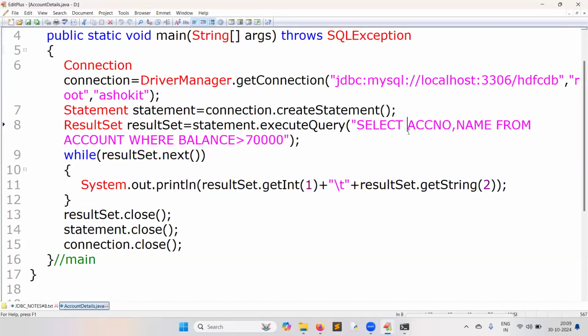Select ACCNO, name, meaning account number and name. Only two things. Never give star unnecessarily. Right? We are asking only two column details, account number and name. That's why in the select clause,